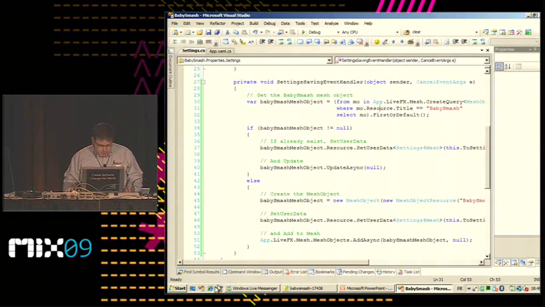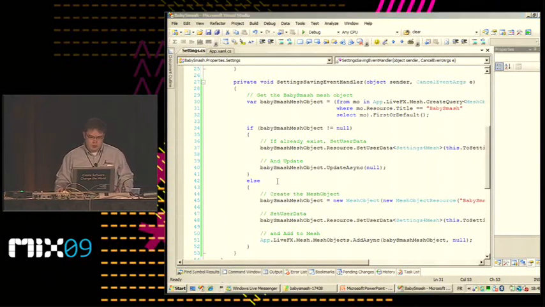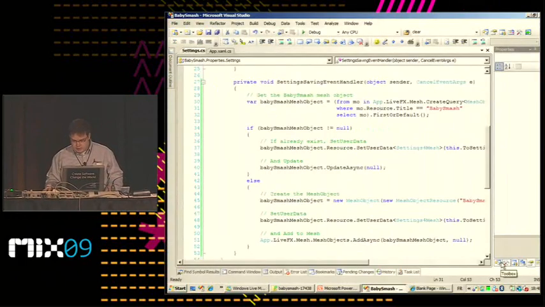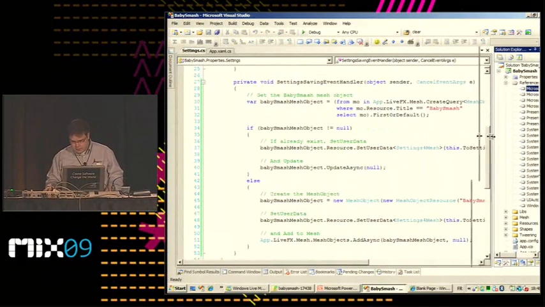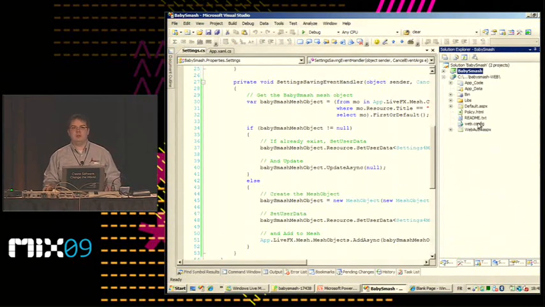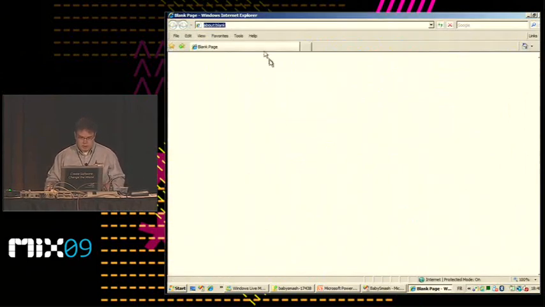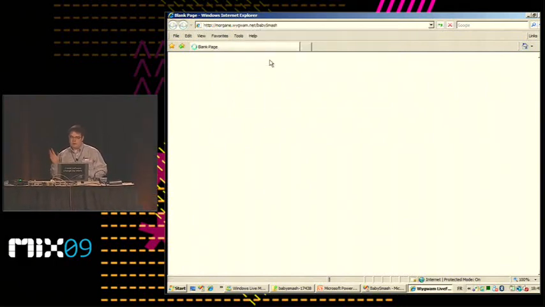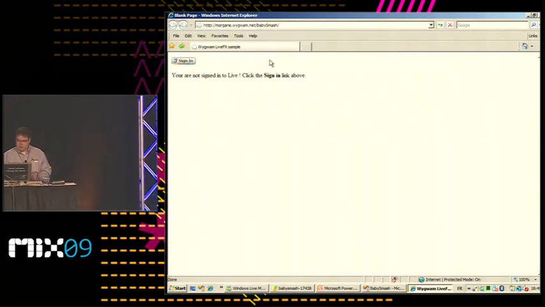And I will show you the small web application that I created. Okay, excuse me. I created a web application, and I use exactly the same functionality. And I can now change my data. For the demonstration, I pushed it on my web server.